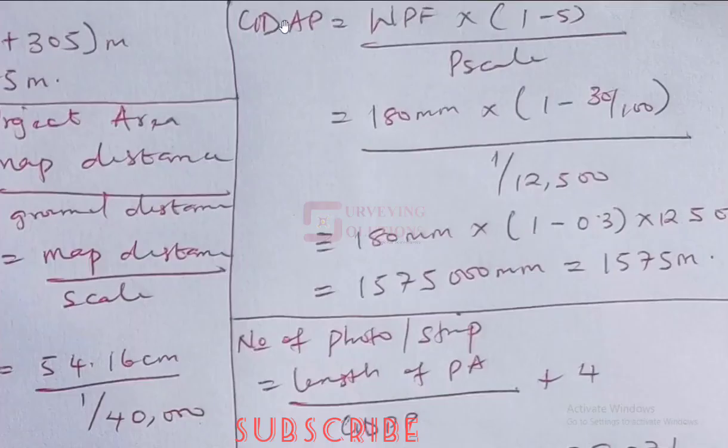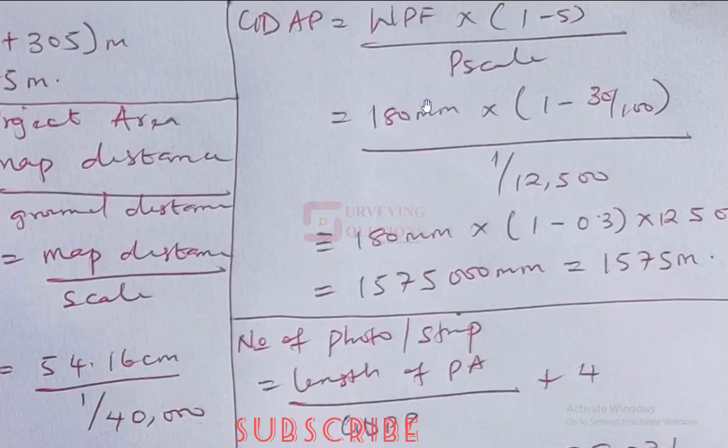So we have what? The ground distance between adjacent points, which is the width of the photo format multiplied by 1 minus S. And that's the other part of the overlap, right? We have side lap and fore lap, right? Good. So we have the width of the photo format multiplied by 1 minus S, and we've told you earlier